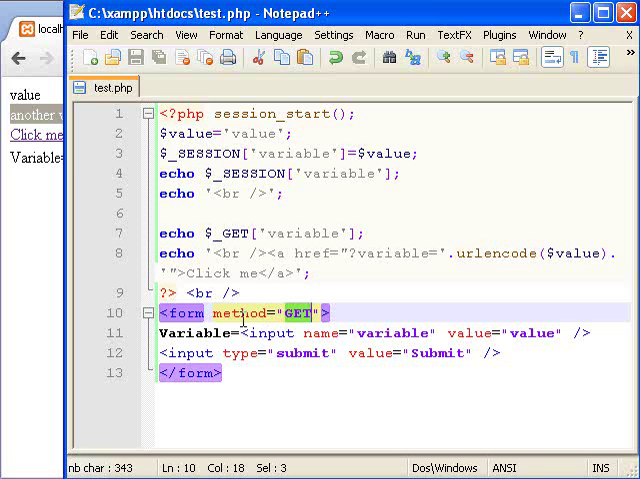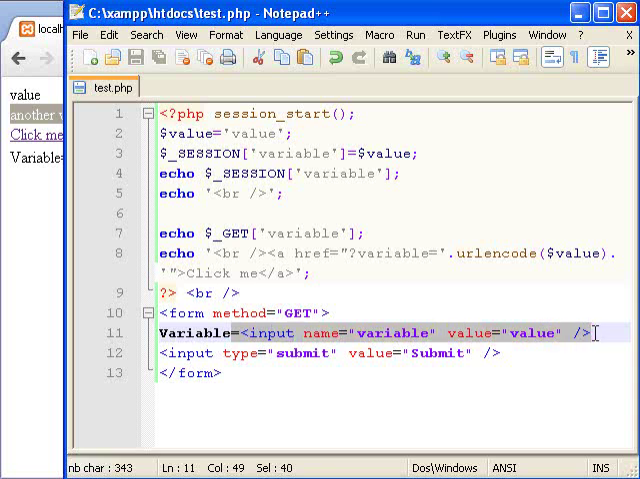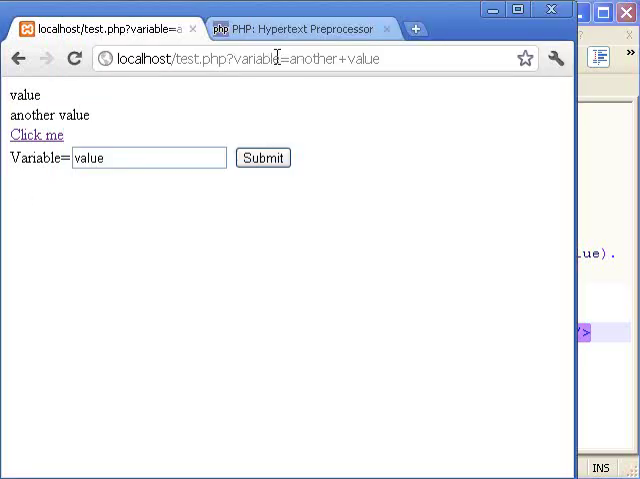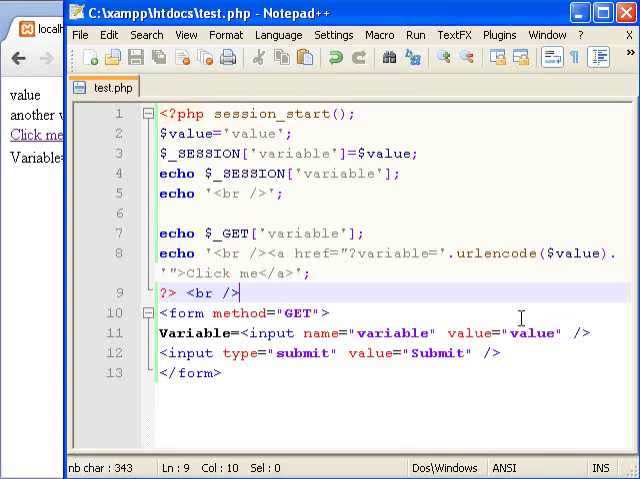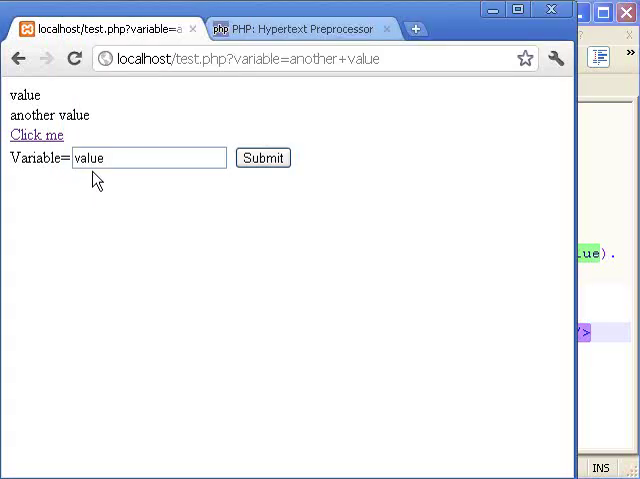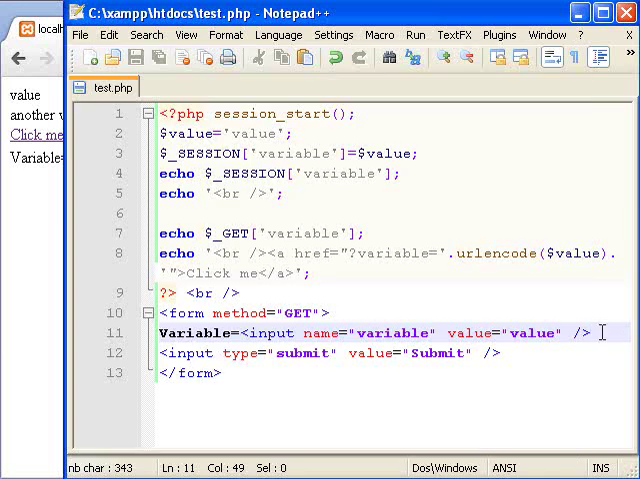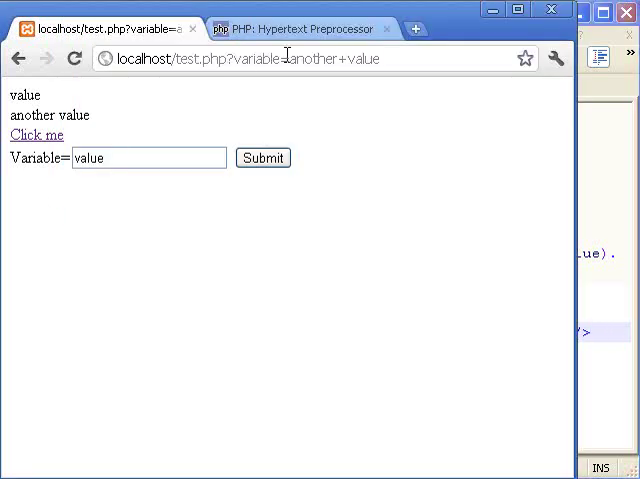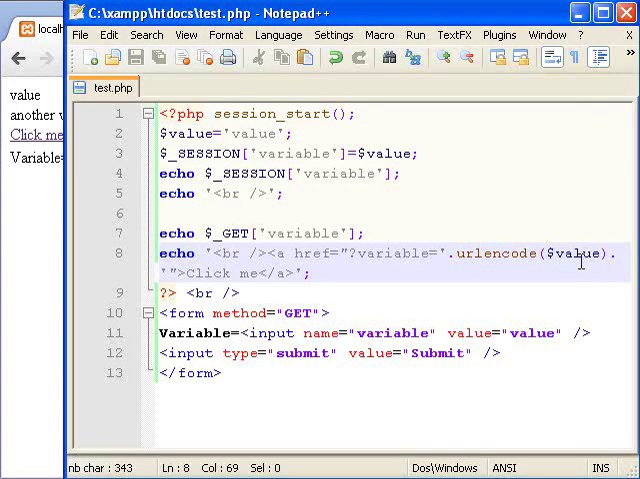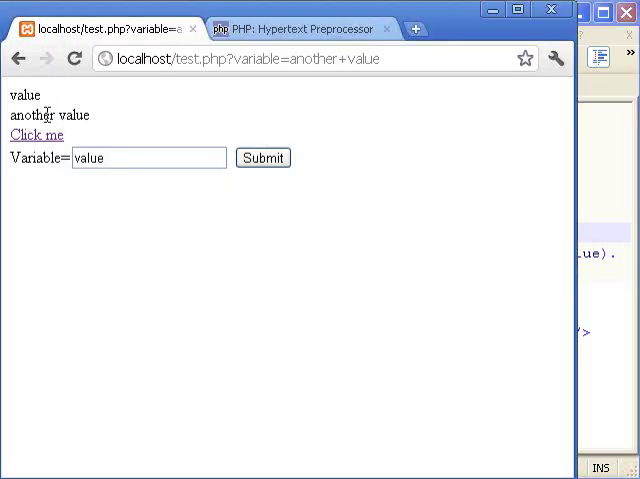Method equals get means, in other words, submit to the URL, and variable equals, that's a field you can fill in. The name of it is what comes before the equals sign, and the value is the default value in here, and what the user types in here is what will appear after here. And after you submit it, it'll go into here where PHP can access it through this array, and it got displayed. But say for instance we put in